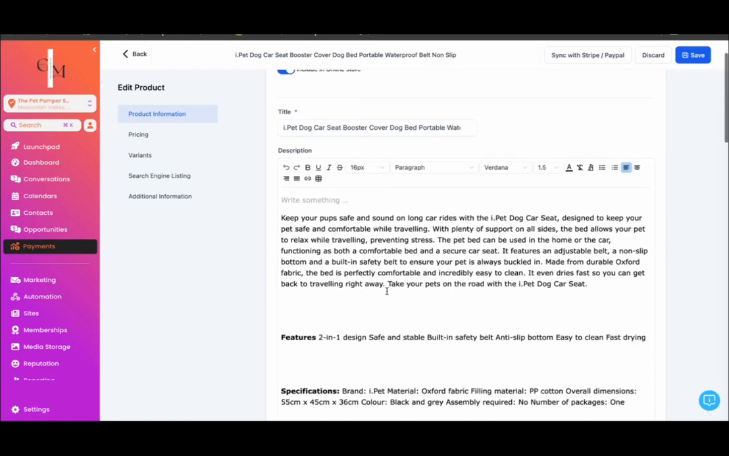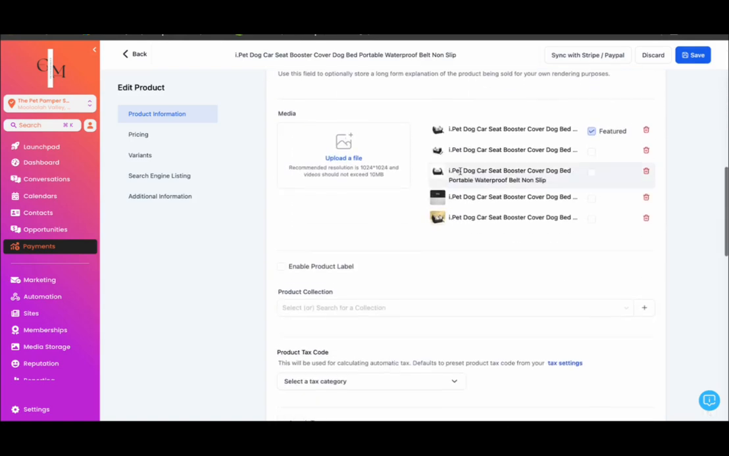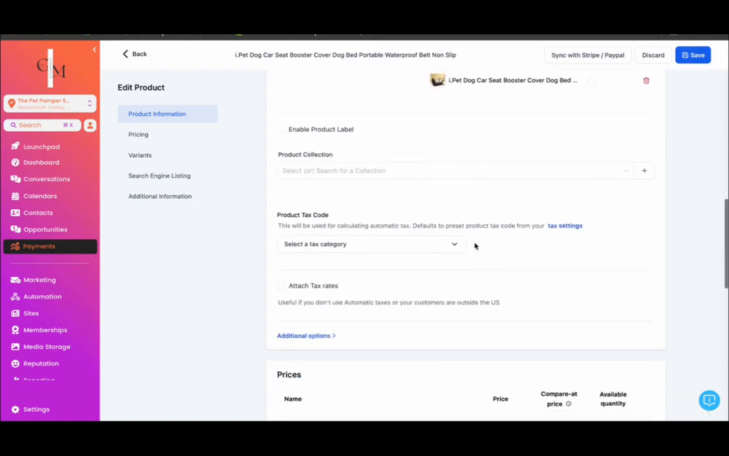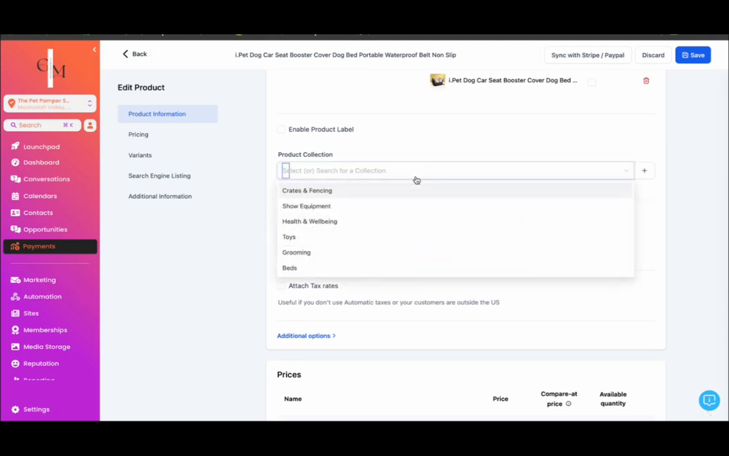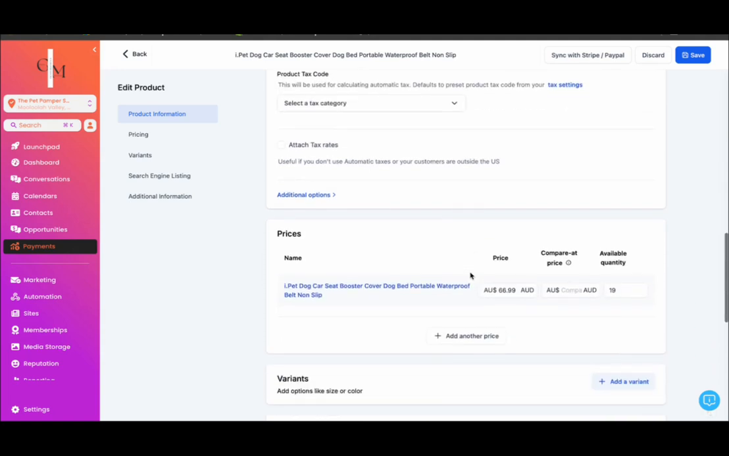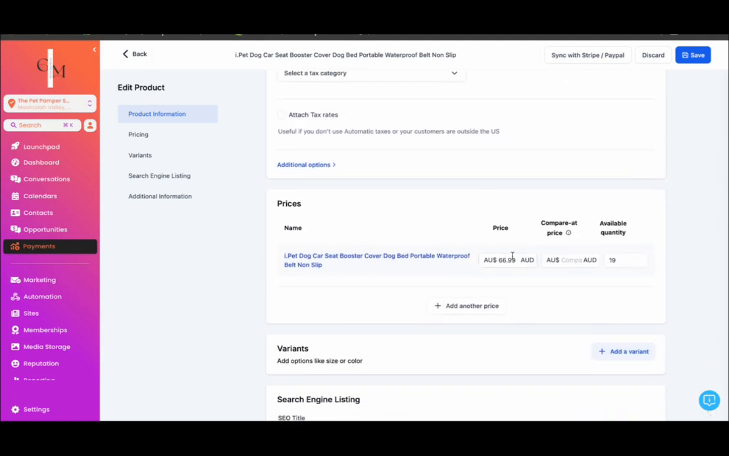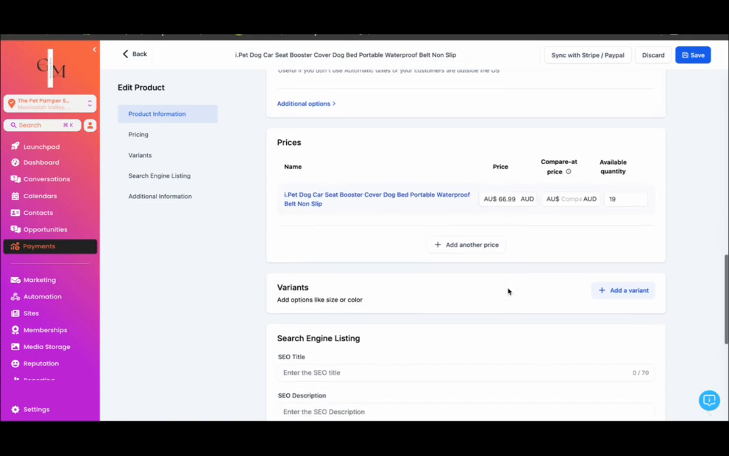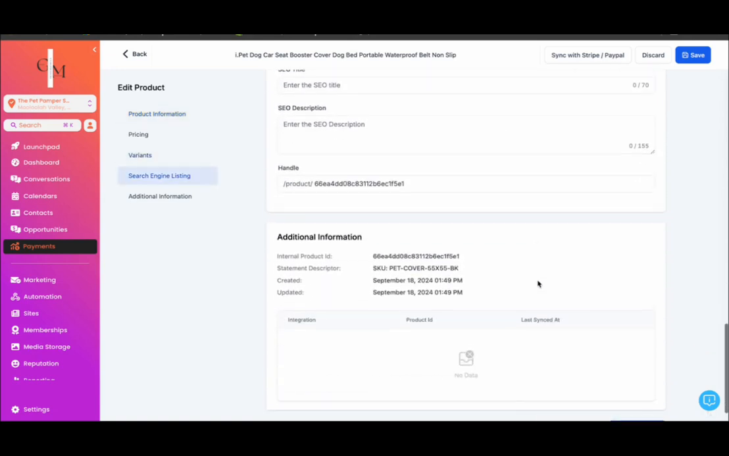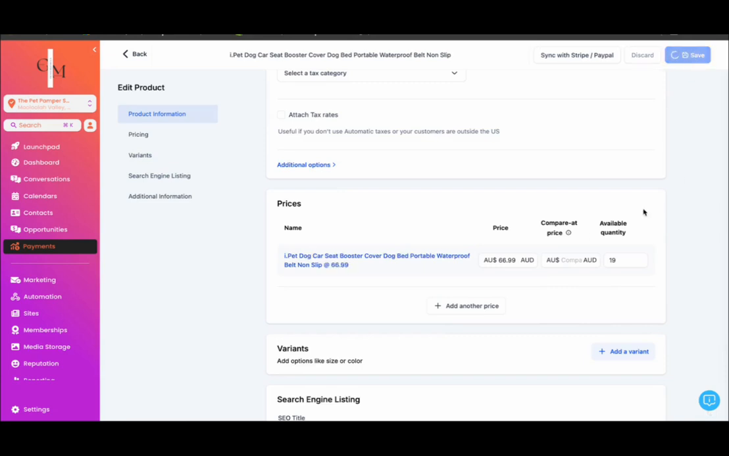It's got the heading, it's got the description, it's got all the images with it. We can add it to a collection if we've got it. I don't really have it, but I'll just stick it in beds. And then you'll see here the price that's come through as well. So if I save this,